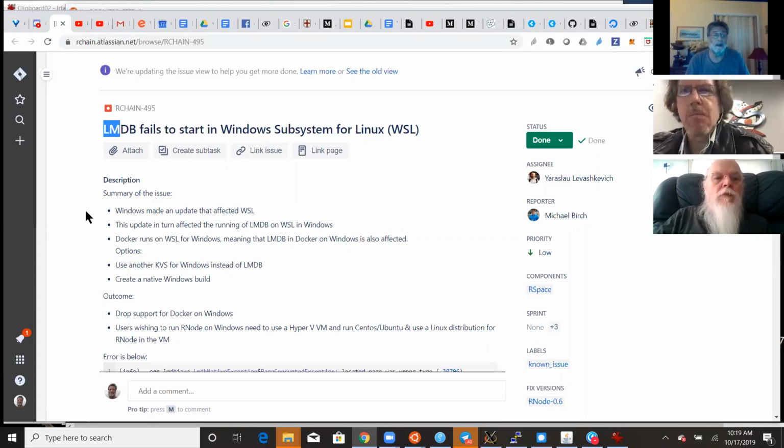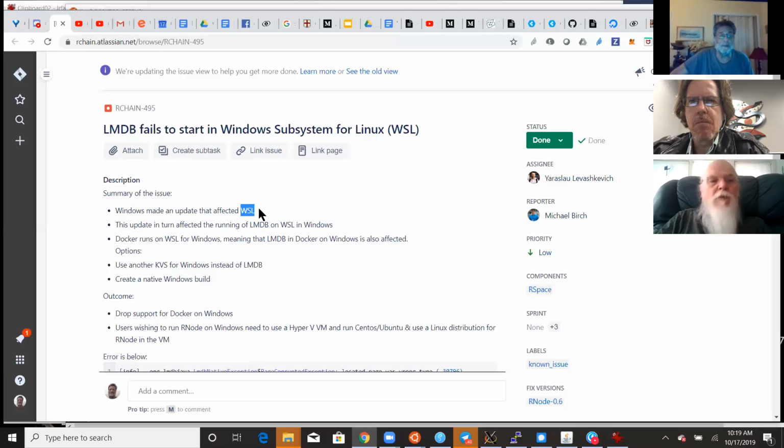Okay, so Windows made an update that affects WSL, Windows Services for Linux. The update in turn affected the running of LMDB on WSL in Windows. Docker runs on WSL for Windows, meaning that LMDB and Docker on Windows is also affected.